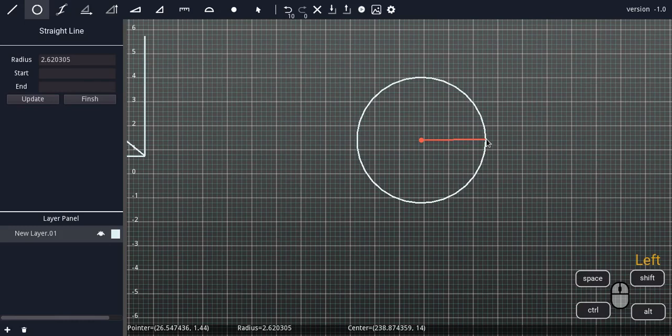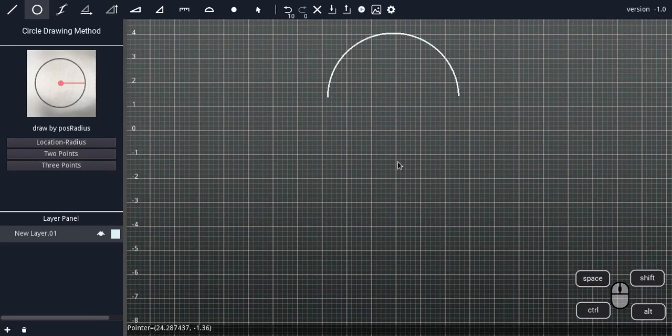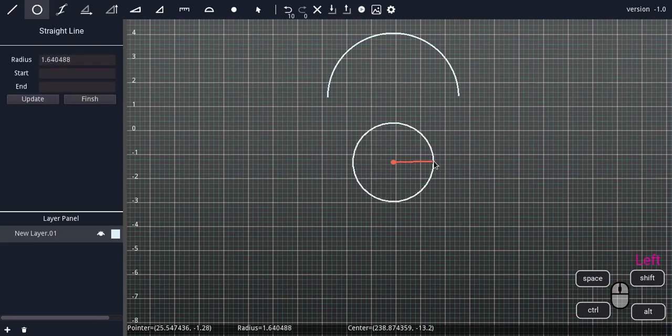To draw arc, keep holding Alt before you finish drawing the circle, and now press left click. Let's draw another arc. Keep holding Alt. To draw arc at specific angle, press Alt again. And now you can use the left panel. For example, let's make the radius equal to 2. Update. And the start angle equal to 0. And the end angle equal